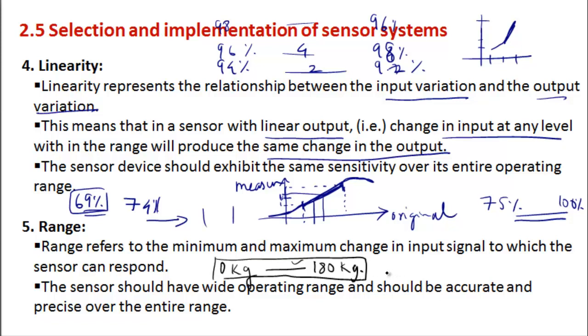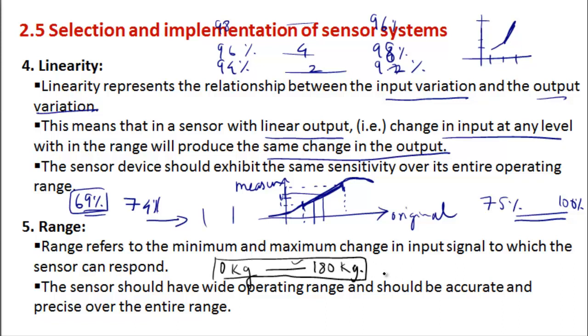There is no need to go beyond this value, and that is what is referred to as the range of the sensor. Beyond that, if it goes, you cannot say whether this value will be correct or not,